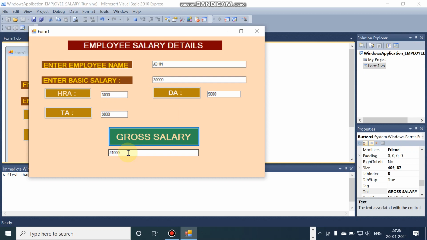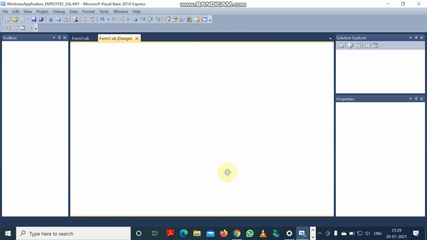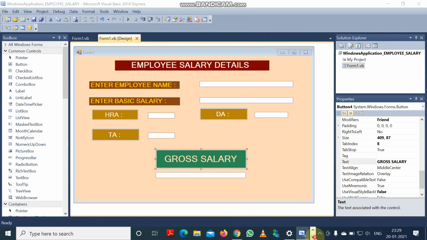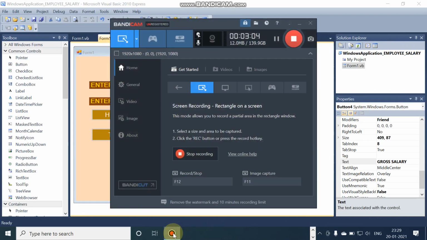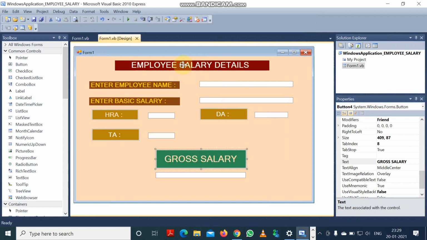So how have I developed it? Let's start. So student, you can see that in the previous videos I have already told how to display the information. Here I have used label boxes. How many label boxes have I used?